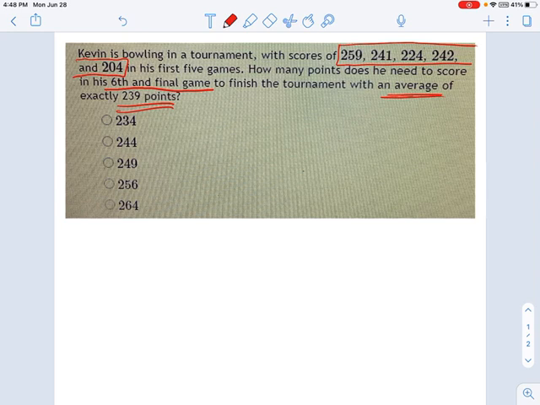What we're doing is we're averaging 5 known scores with an unknown score together. So here's how you do it. You just take these numbers and you start adding them together: 259 plus 241 plus 224 plus 242 plus 204. Those are the scores we know about. And there's this sixth score. I don't know what it is. It's X. We would love to know it. But we're going to say that's the score in his sixth game. We're going to add all those numbers together, divide it by 6, and that will be the result of 239